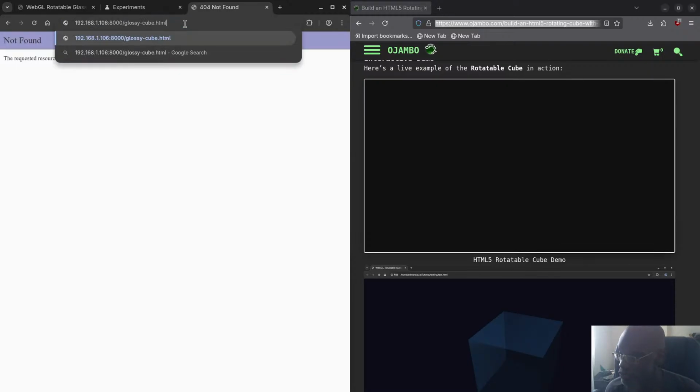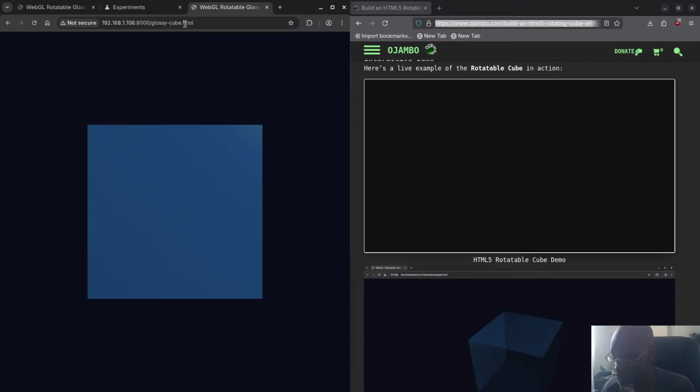That's why it didn't work on the phone. Alright, so it's 106. I'm going to do it on the phone. .106. Let's see if that works. Yes, it does work. Okay, then it's slash, what is it, glossy